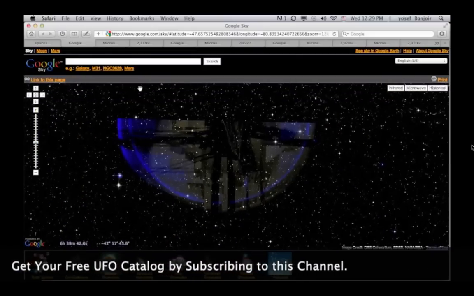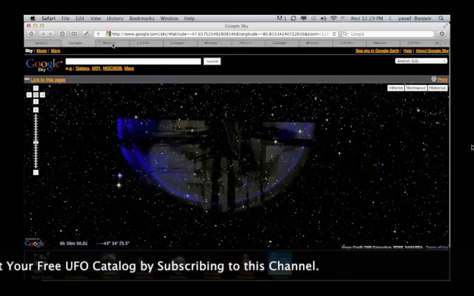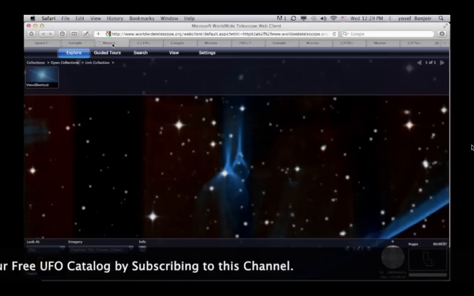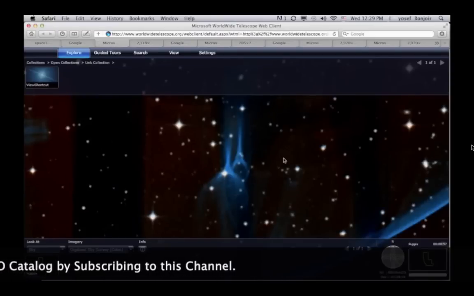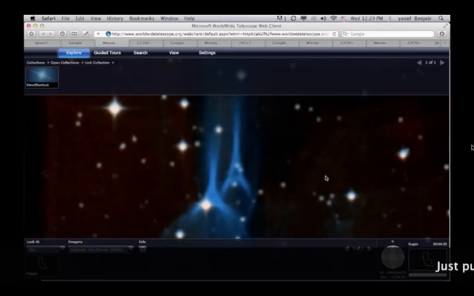Now, let's look at the same inner objects on Microsoft Worldwide Telescope. Now here we are. Zoom in a little bit. And so this is it on Microsoft